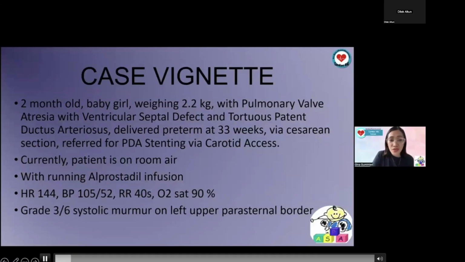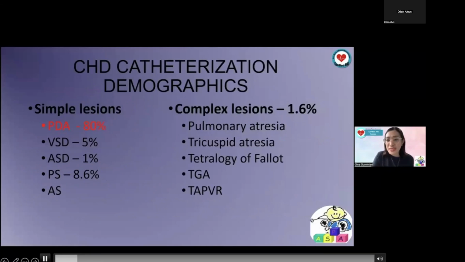Heart rate is 144, BP is 105/52, respiratory rate in the 40s, oxygen saturation at 90% on room air, with a significant grade 3/6 systolic murmur at the left upper parasternal border. So if we have this patient scheduled for elective PDA stenting with carotid access, how do we go about this patient? So first, as Dr. Go has discussed in her lecture,